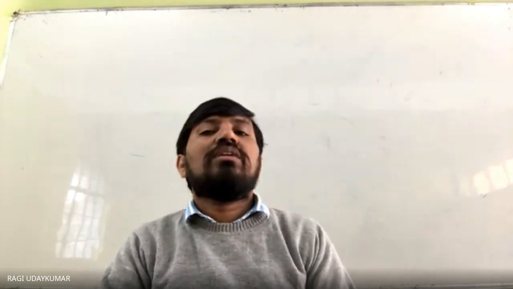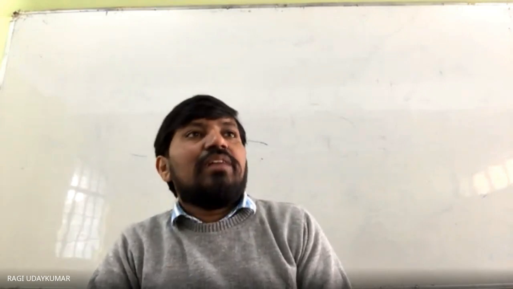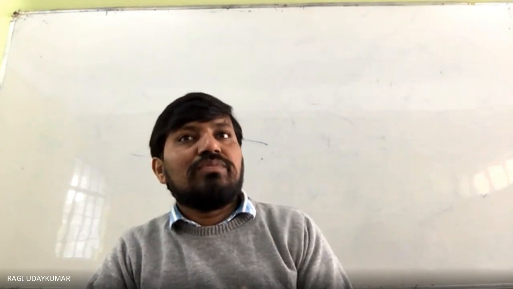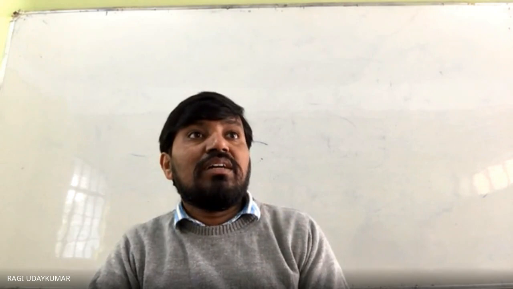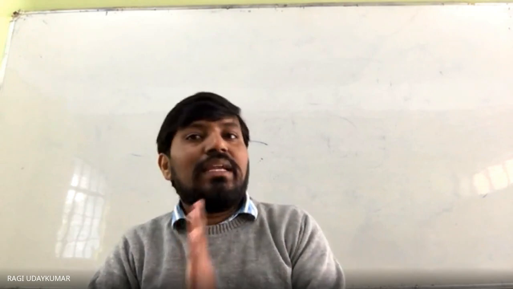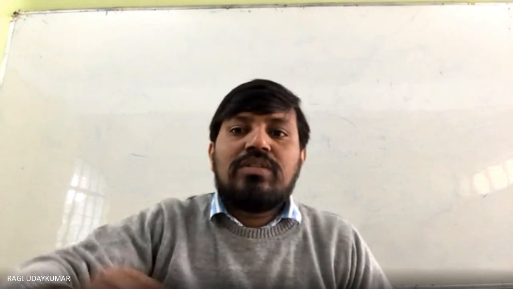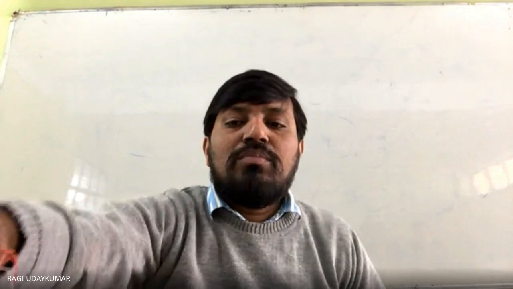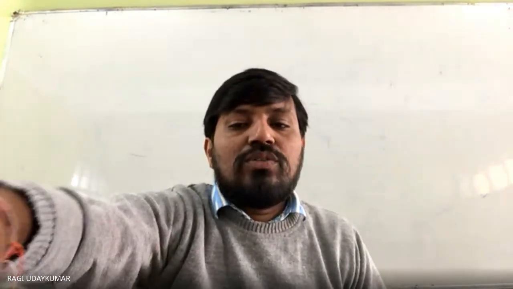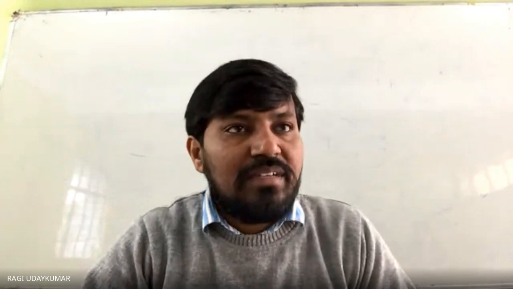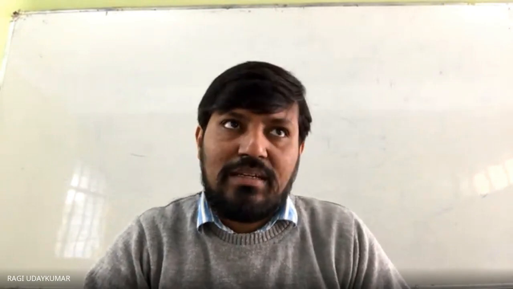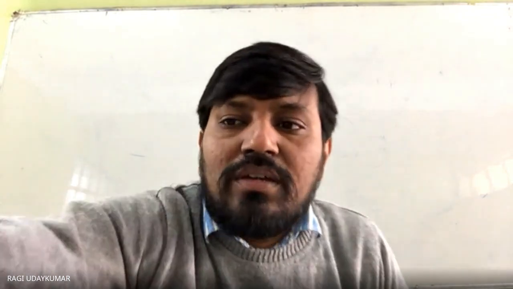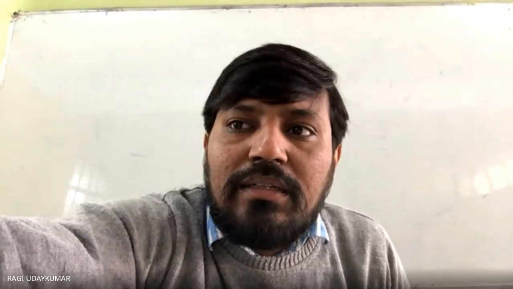This is the volume of the cone, and the curved surface area of the cone is pi r L. The volume of the cone is 1 by 3 of the volume of the cylinder. Based on this only you are going to have the problems in the exercise. So volume of the cone and curved surface area, and total surface area means pi r L plus pi r square. Okay, so this is about the cone, and let us go for the problems.